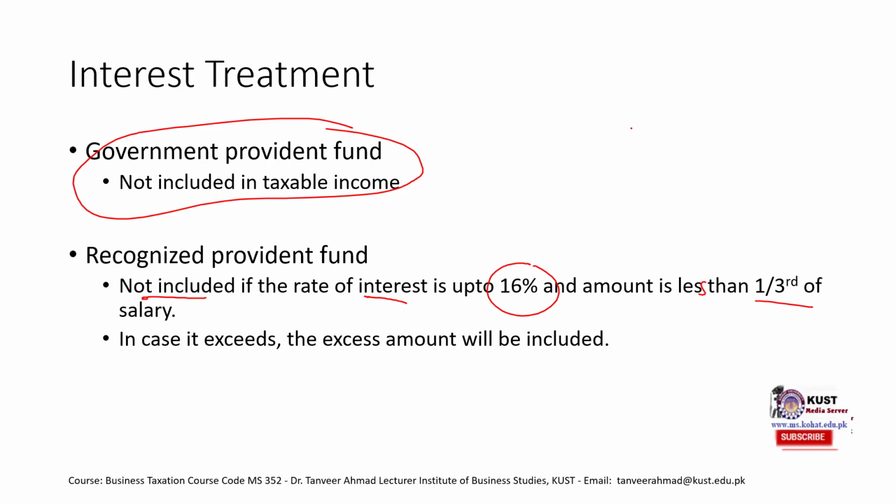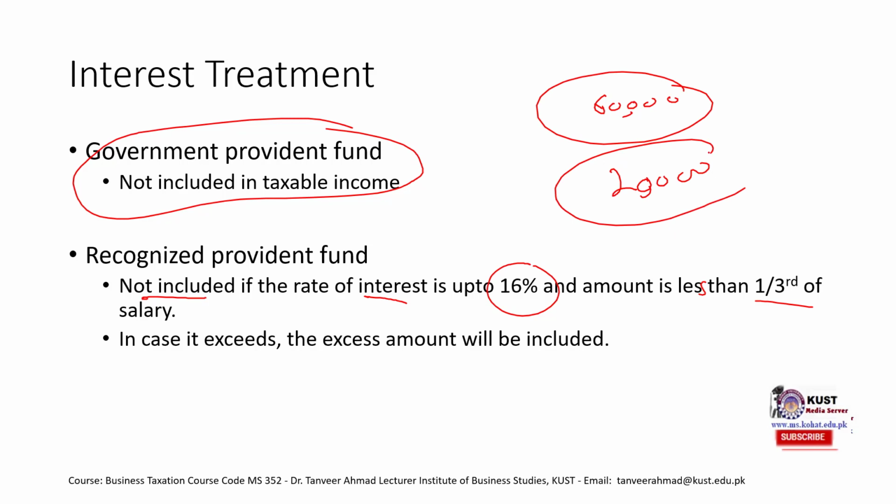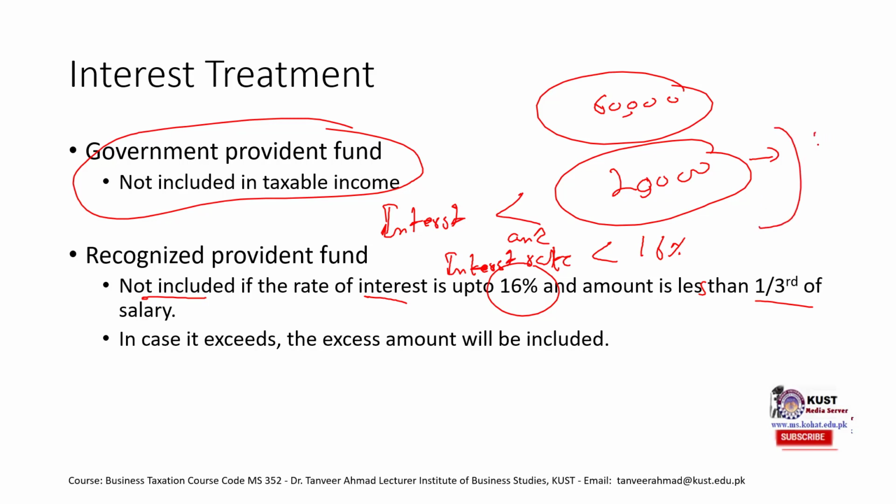So if salary is, let's just say 60,000, then 1/3 of this salary would be 20,000. So if this interest amount is less than 20,000, which is 1/3 of the salary, and if the interest rate is less than 16%, then in this case it is not